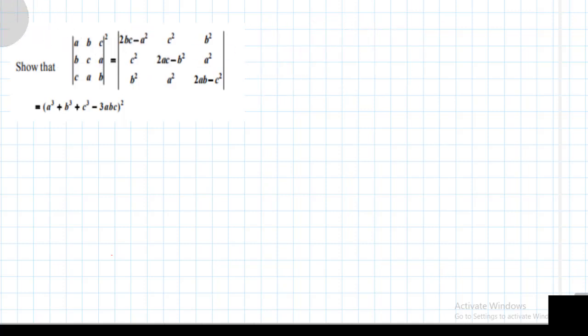First of all, I want to take the first one. Let matrix A be taken as A, B, C, B, C, A, C, A, B. So what is he asking? Det A whole square equals either this or this. Already you know that det A whole square equals det of A square. Both are the same. But I want to use det A first of all, after that I will square it, that is nothing but A square det. What can I write here? A square det you can write.